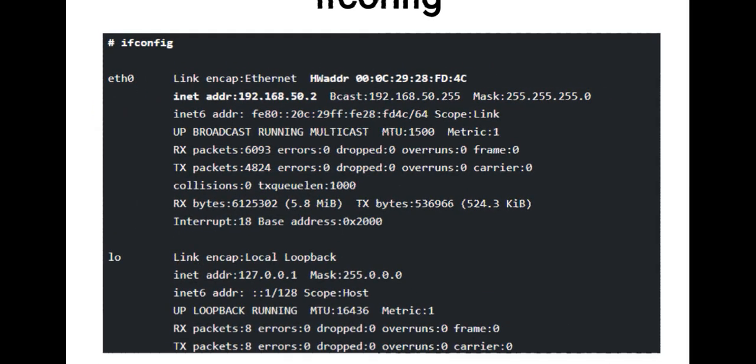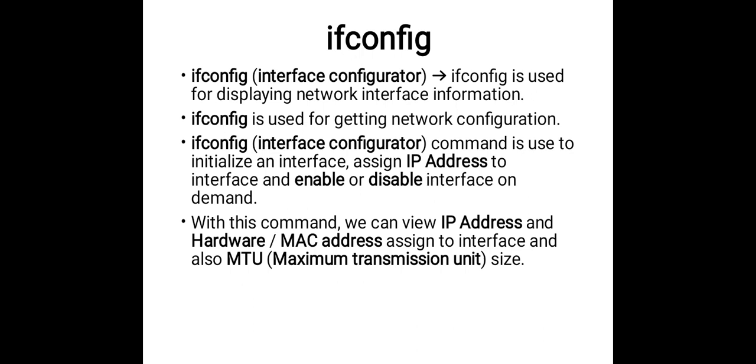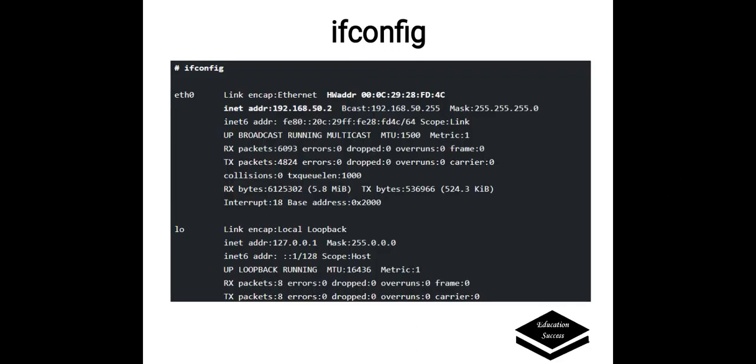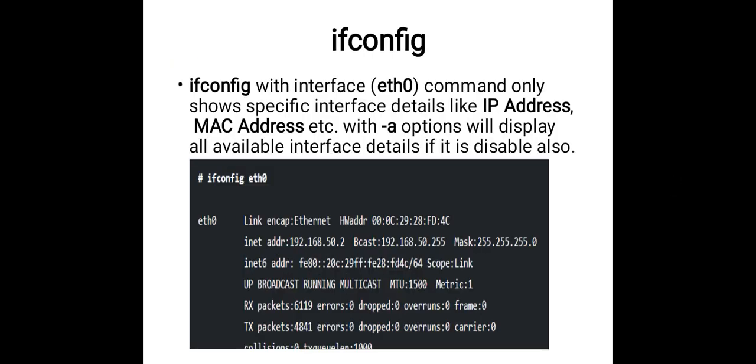If we type the ifconfig command in our system, it will give you all the details. Ifconfig with the interface eth0 only shows the specific interface details like the IP address, MAC address, etc. With the -a option, it will display all available interface details, even if disabled.